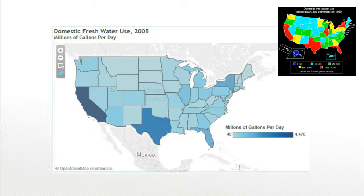So let's go back to our original water map and apply some basic intuitive symbolization. I think it's a lot more informative to just make a map that looks like this one, where we have intuitive symbolization with light blue for our low water usage and dark blue for our high water usage. And we're using blue as the color choice because semantically it makes sense with our topic of water. So I'll just point out this is often a good call if you use colors that align with the topic,